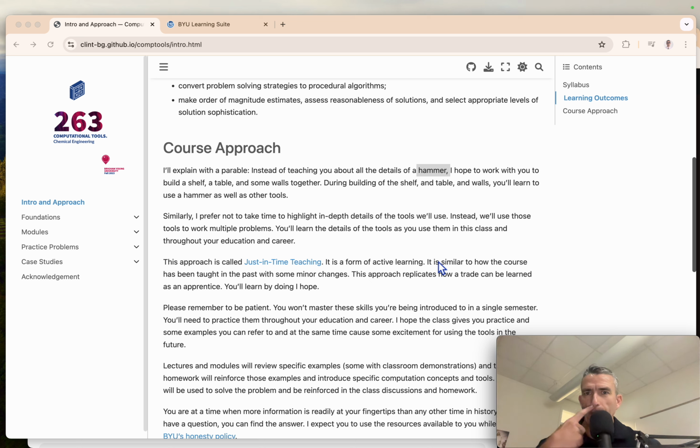We could talk a lot about the hammer itself, but I'd rather work on building a shelf or a table or a building with you. And similarly with programming tools, we could talk a lot about arrays or loops and so on and so forth, variables. And I'd rather spend time building